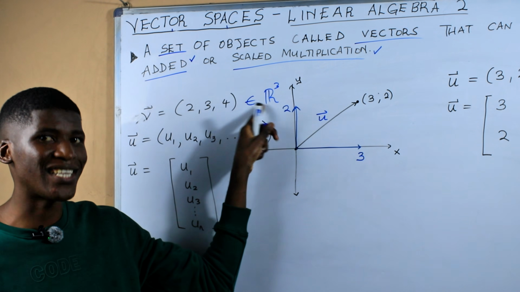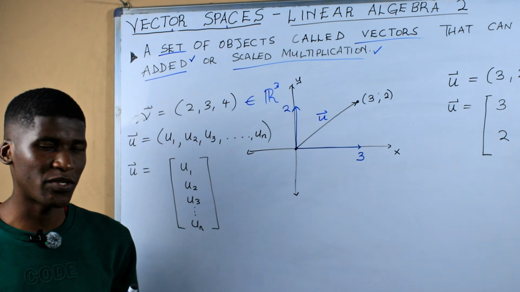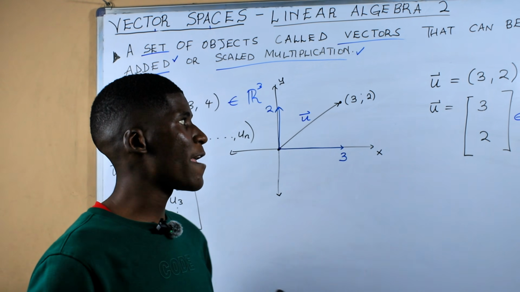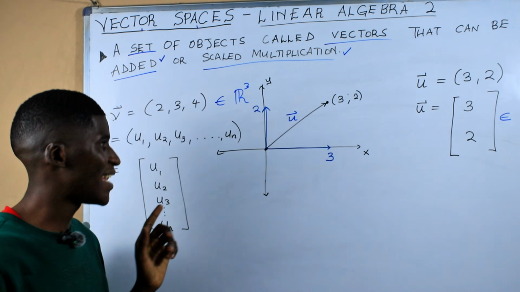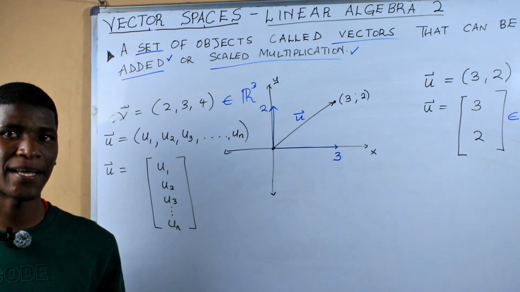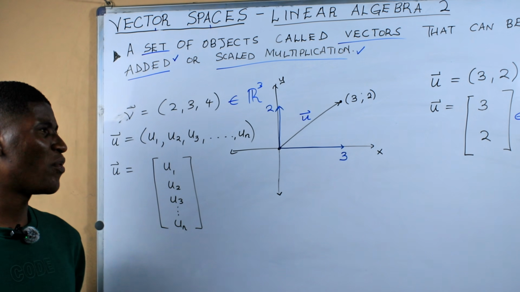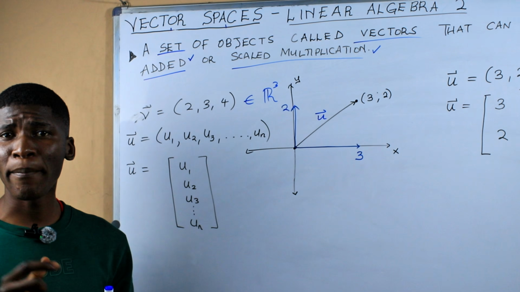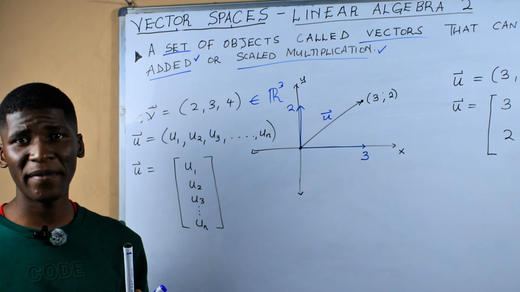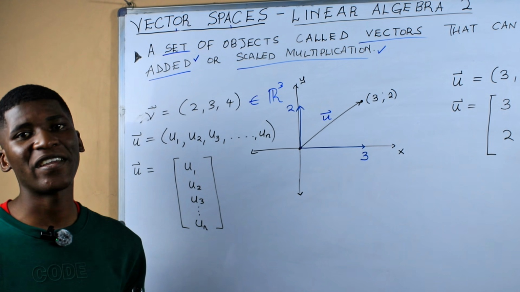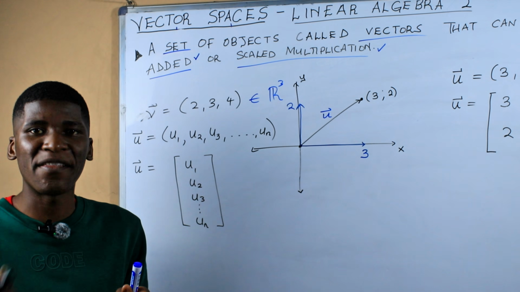The real numbers, and it falls within the vector space that we're talking about. So now having a column vector like this, we can now talk about another special type of vector known as the zero vector. What type of vector is a zero vector? The zero vector is actually a point. When you want to describe a point in terms of vectors, it is known as a zero vector, otherwise known as a null vector.